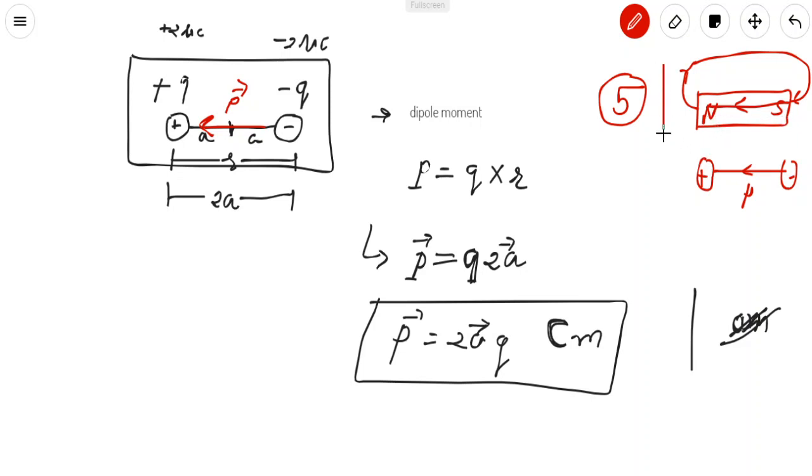The rest you will understand in chapter 5 when we compare the equations of chapters 1-2 to chapters 4-5. We will need this. South to north direction must be similar to negative to positive direction. Hence for now we decide the direction of dipole moment from negative to positive.